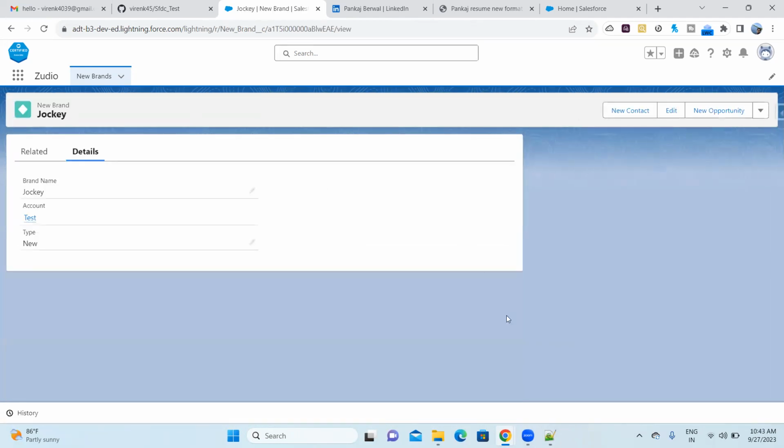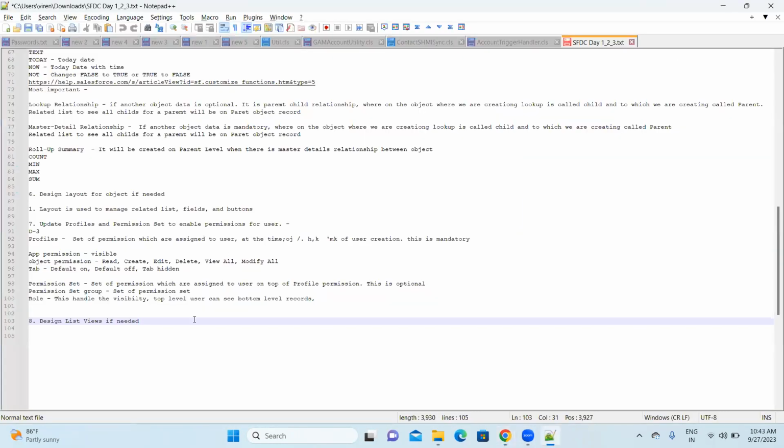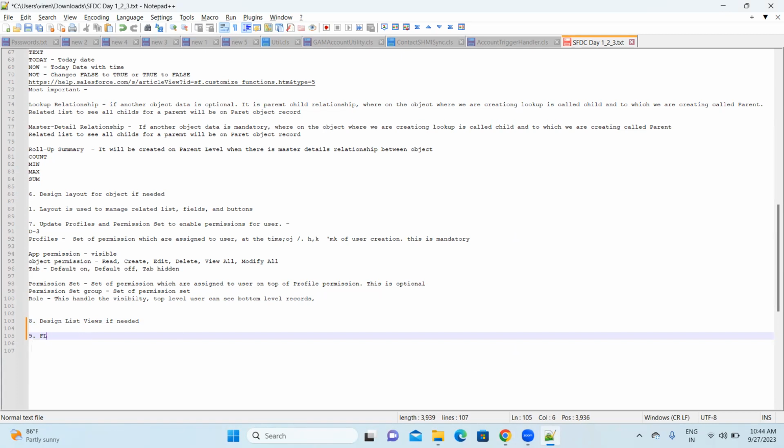So today the topic would be flexi page. We are going to learn about flexi page. This is also called lightning record page. Some people also say lightning page.